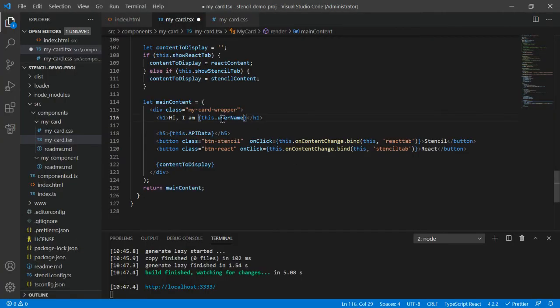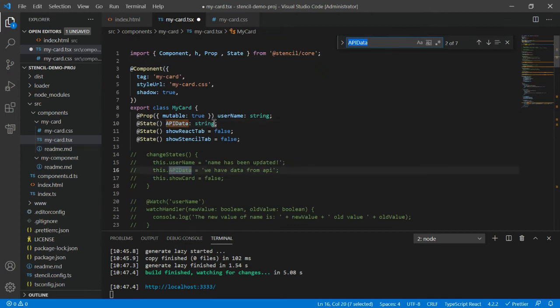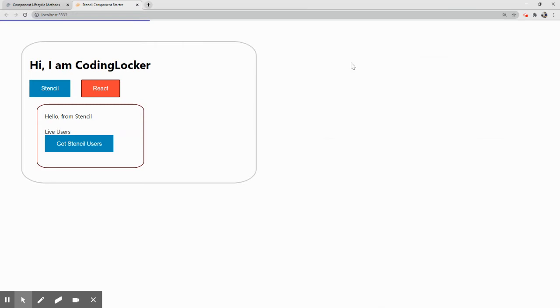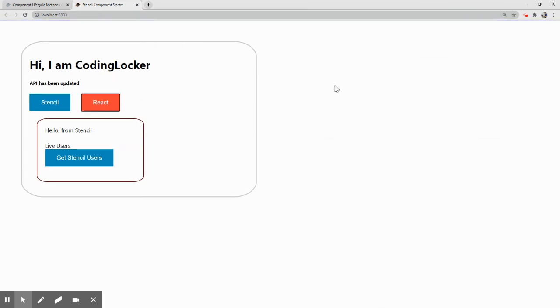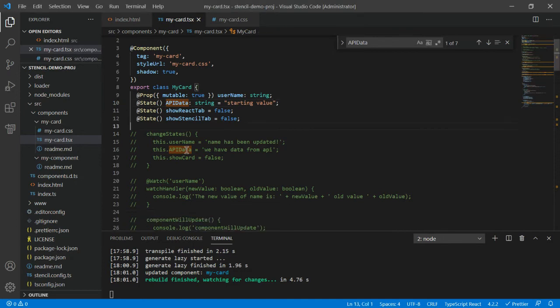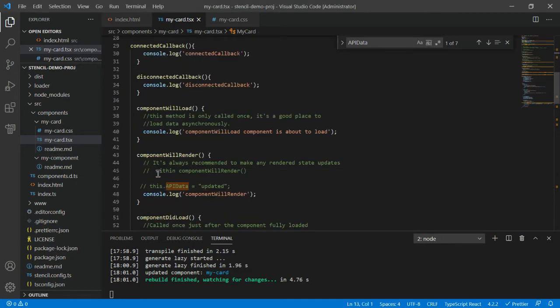Let me check what we have initially in API data. Let me provide some starting value, press Control S, and close this for a minute and see if we can see it or not. Let me refresh this. Okay, and we are updating this. Let me comment it out one more time.